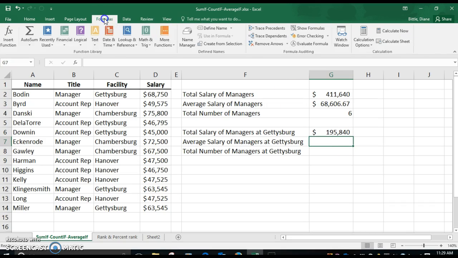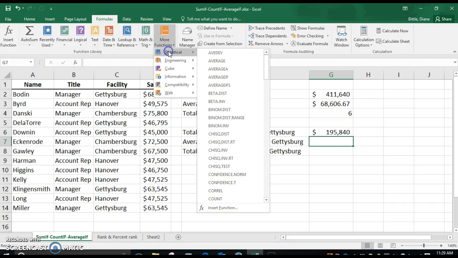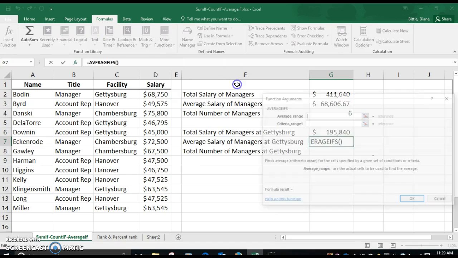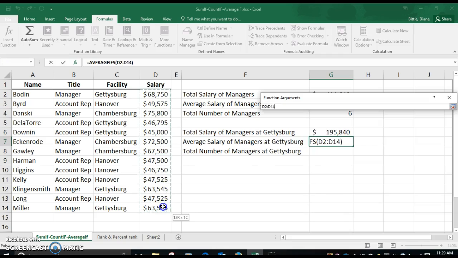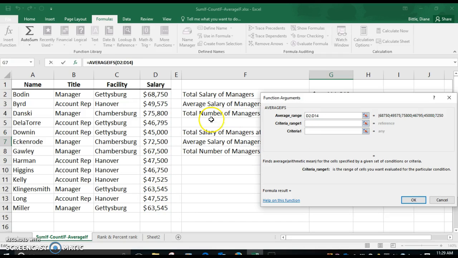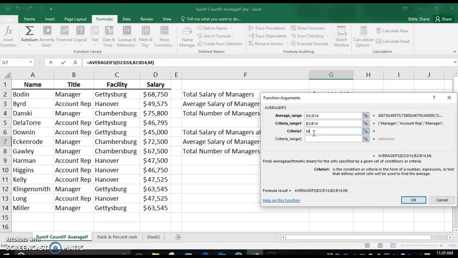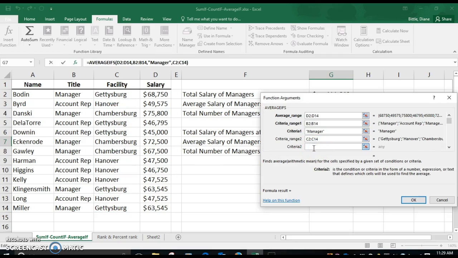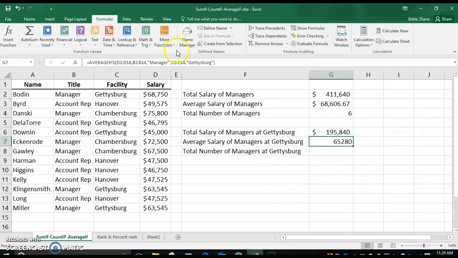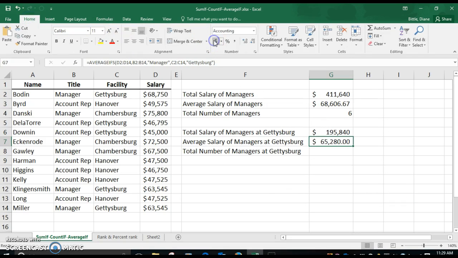Let's find the average salary of the managers at Gettysburg. I'll go to Formulas, More Function, Statistical, AverageIFS. Again, you start by highlighting the range you're going to average. Then you highlight the first criteria range, which is our title range, and the criteria is manager. I then highlight my second criteria range, which is facility, and that criteria is Gettysburg. So the average salary of my managers at Gettysburg is